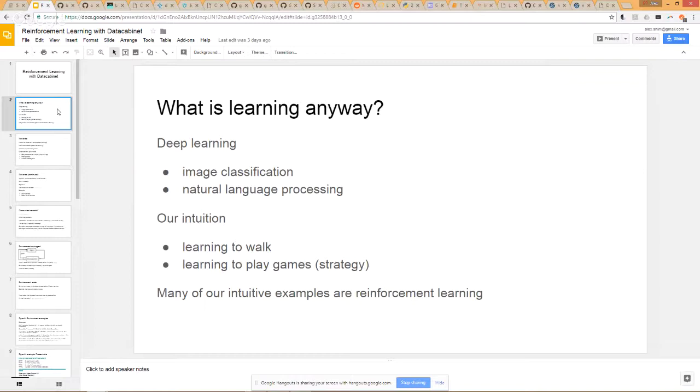But on the other hand, I'm sure that many of you have some familiarity by now with machine learning or deep learning, and it seems a little bit different, because when you learn about deep learning, you learn about image classification, you learn NLP, natural language processing, but in the end, that's just a very complicated